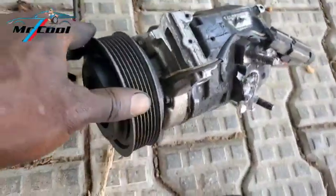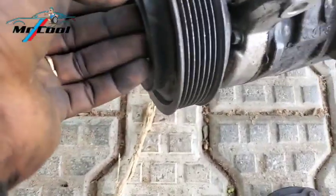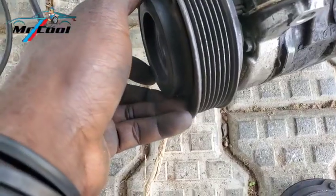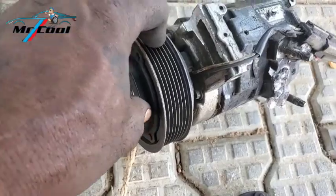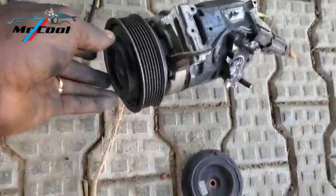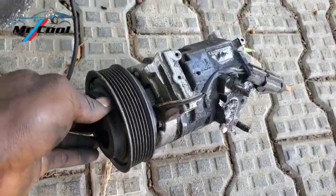The next reason why your AC compressor clutch will not engage is a bad AC pressure sensor or AC pressure switch. Some call it a switch, some call it a sensor. Now, there is something you have to understand about this sensor. Sometimes, like I said, if the sensor is bad, it's not going to permit the power to go to the compressor, because it's a fail-safe, more like a validator for the